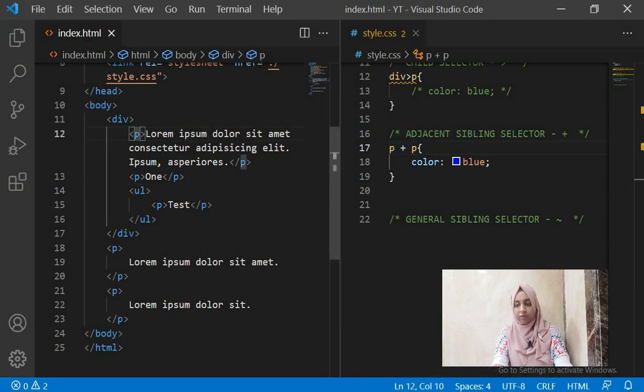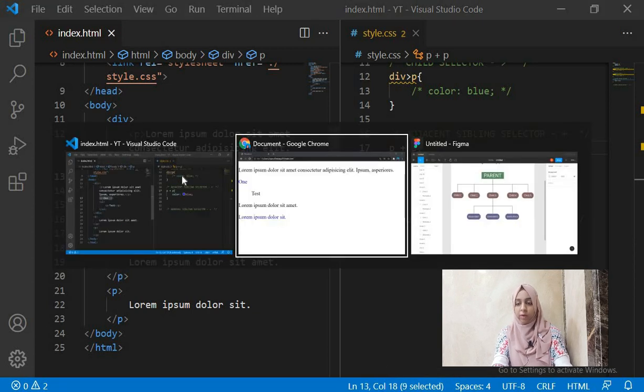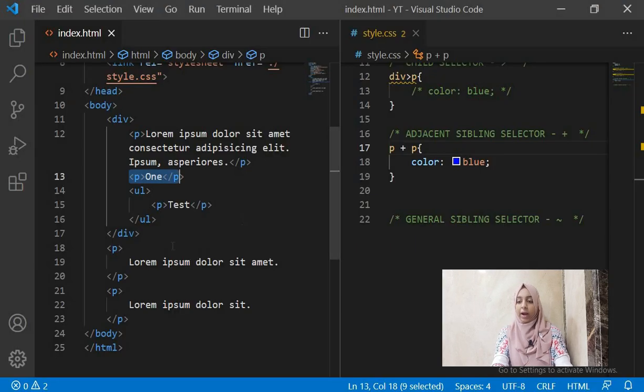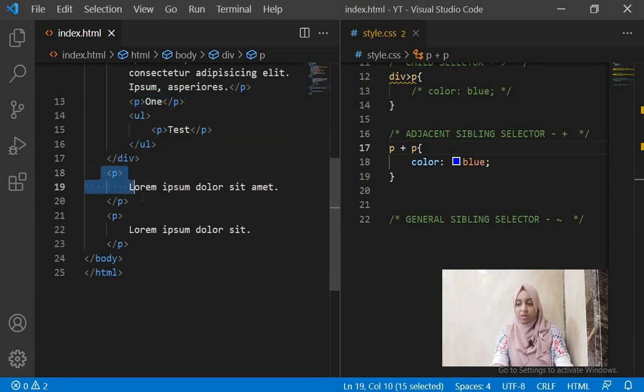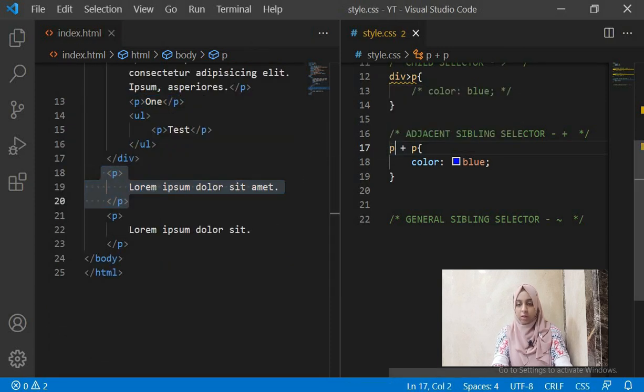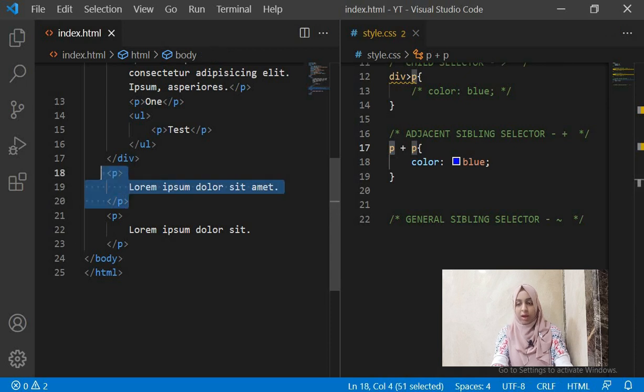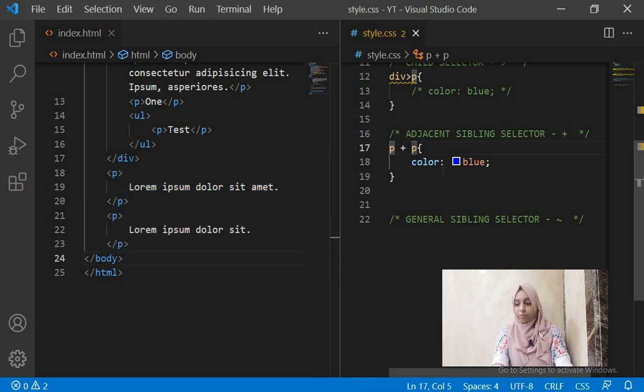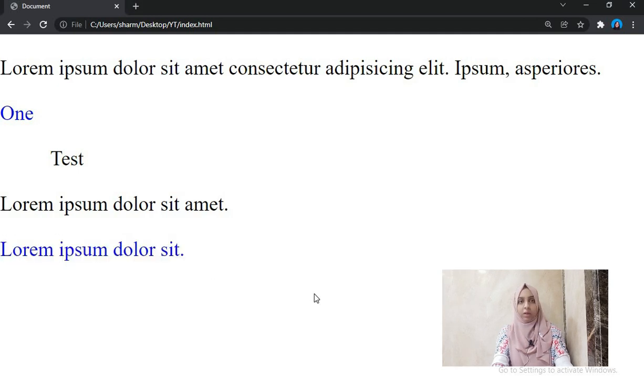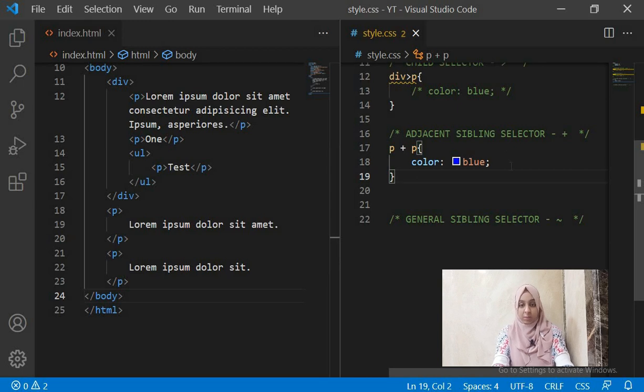We have one paragraph over here and another paragraph over here, so it has to select the adjacent sibling of that paragraph. So one is blue over here, and we have the first selector, and its adjacent sibling is this paragraph. So this is where it gives it the color. This is how your adjacent sibling selector works.